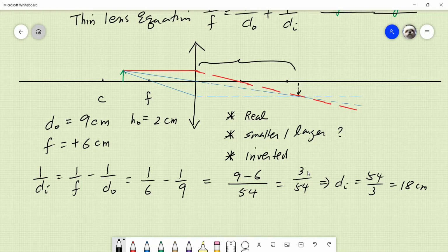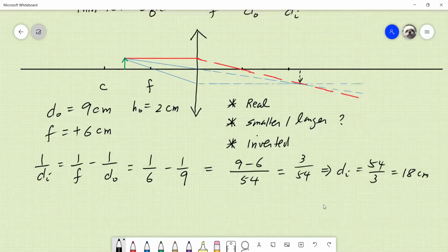Quite, right? Like I said, my drawing is a little bit off. If you really want to draw a very good sketch with the graphical method, you need to have a very good ruler. Understand what I'm saying? Now, once I know that my image is real, at the opposite side of the object,